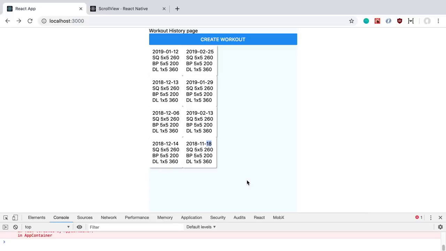There's two big things that we're going to be doing in this video. The first big thing is fixing this row or this grid right here so it's not all mashed up together. And then secondly, we're going to make these clickable. And when we click on them, we're going to be taken to a new page where we can actually see the workout data for that day. And so to do that, we're going to be creating a new route, which takes some route params using React router. But before we do either of those things, there's a small fix we need,